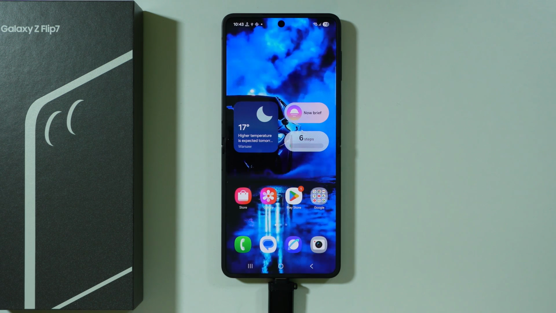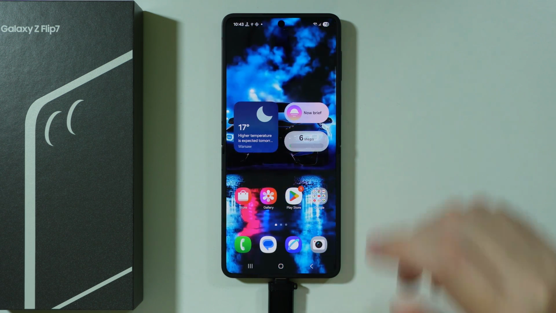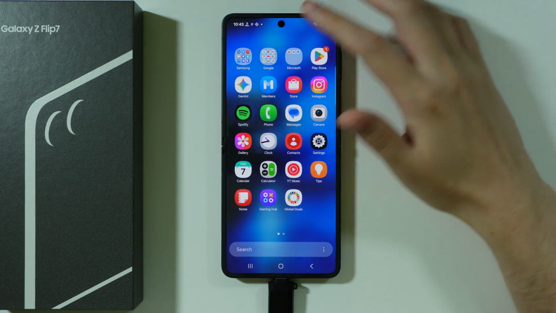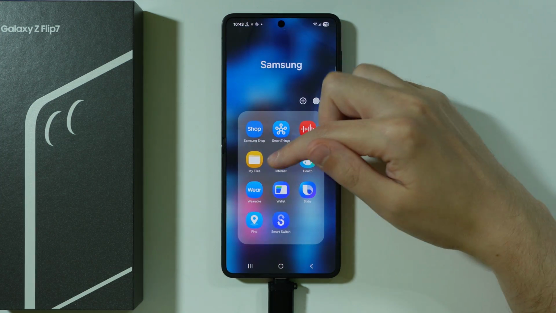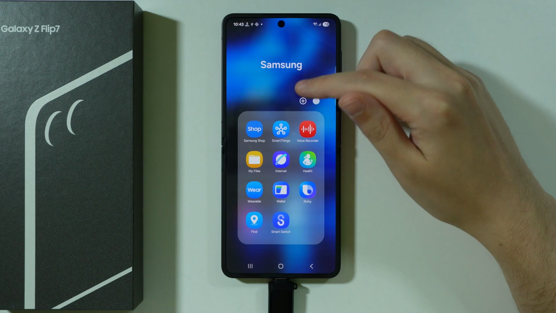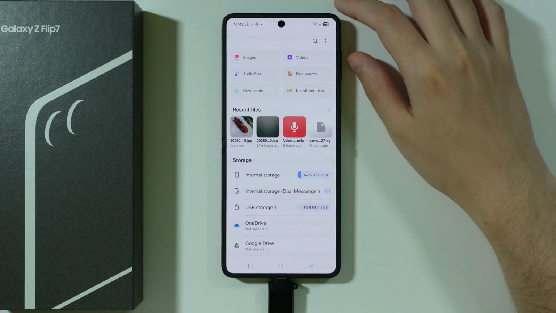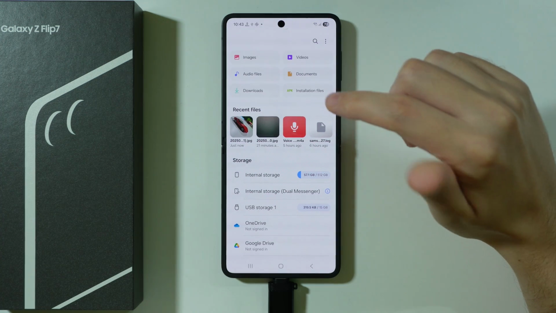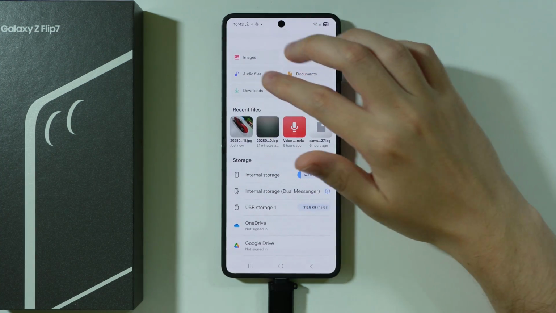In order to move data between the Samsung Galaxy Z Flip 7 or Z Flip 7 FE and your USB flash drive, what you need to do is simply use the My Files app that we can find inside the Samsung folder, at least by default, in the app drawer. Now, once you go to the My Files app, you should be able to find any file that you wish